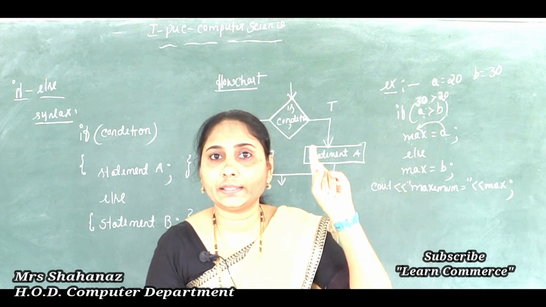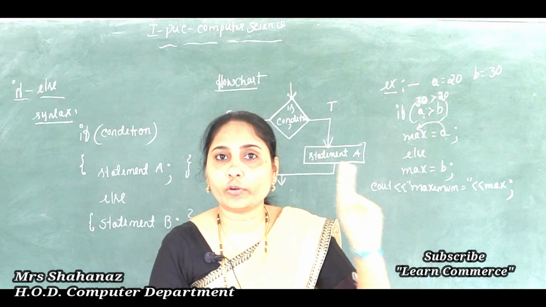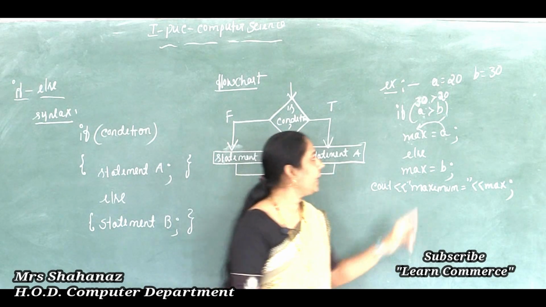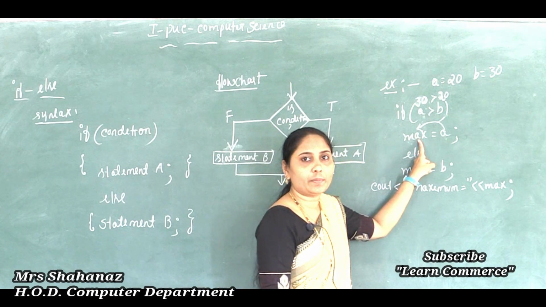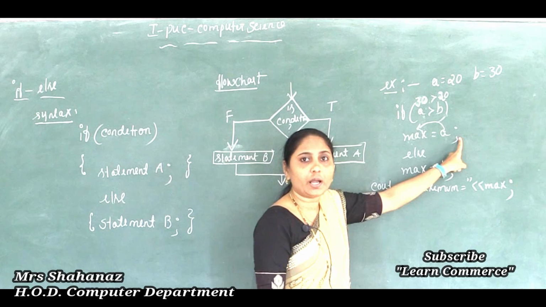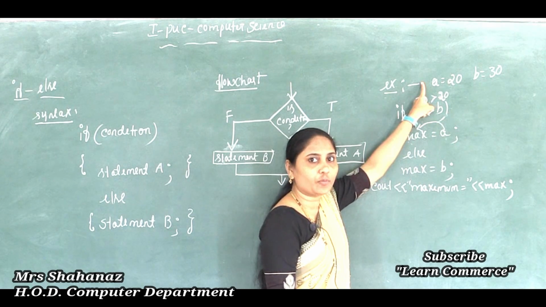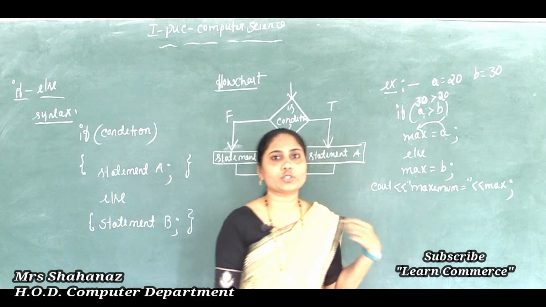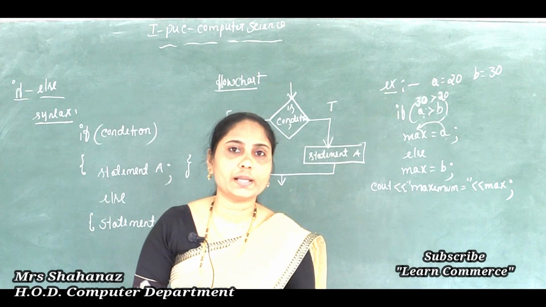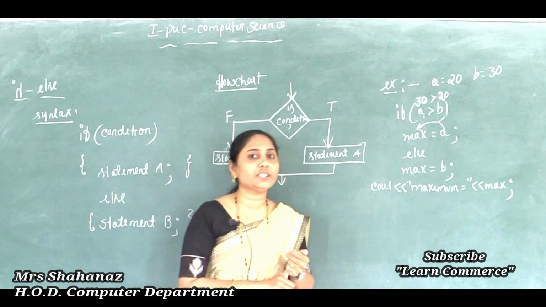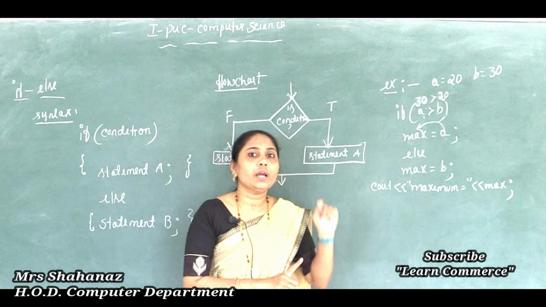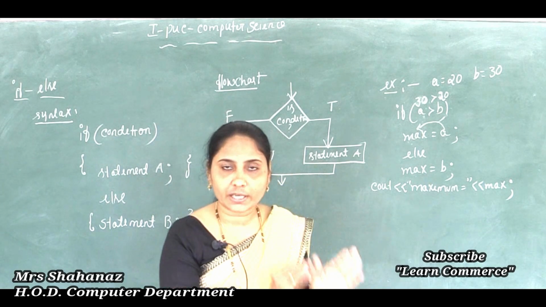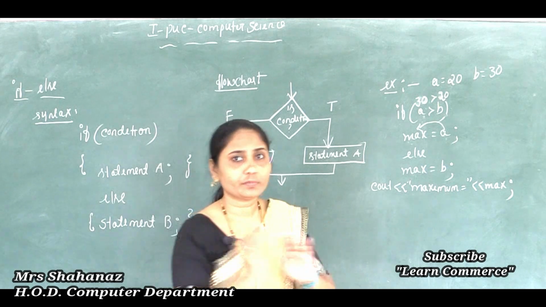Correct? Because when you calculate, the 30 value is greater than 20, then that statement gets displayed. So this statement is the maximum is equal to A value. Otherwise, if the condition is false, then maximum value is equal to B here. Because of this reason it is called the two-way branch decision structure, because whether any one of the statements should be executed, whether one statement should be executed or the other.